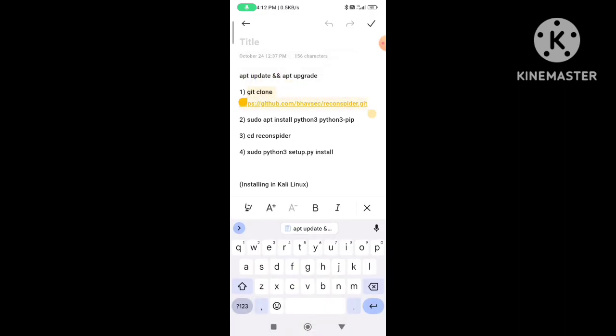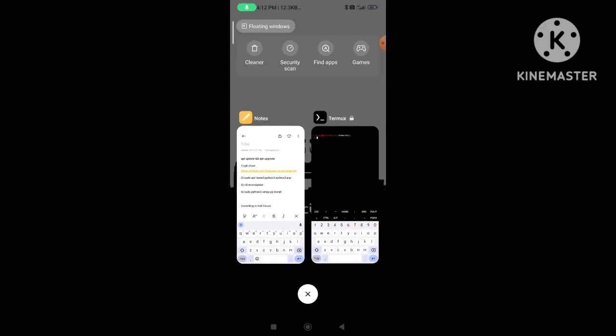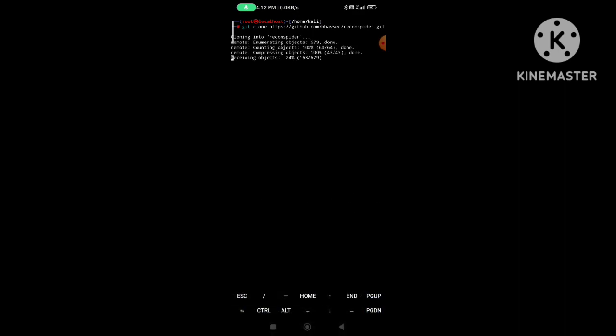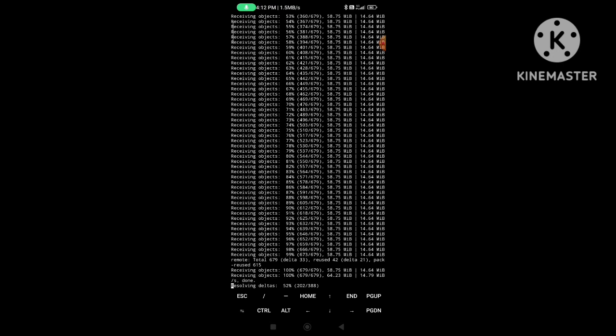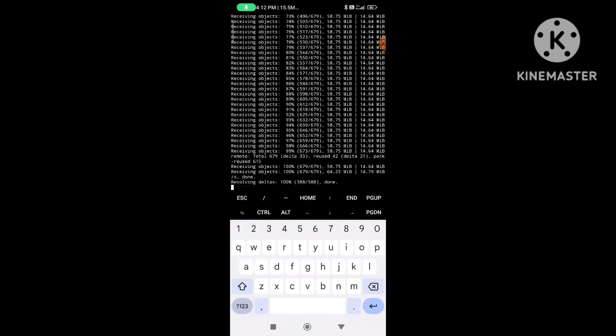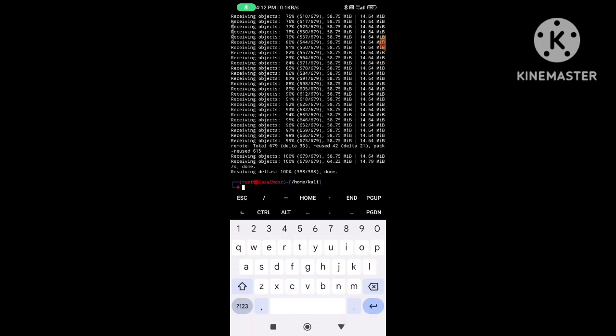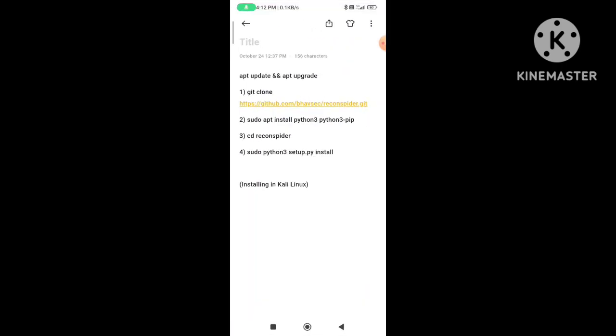Okay, copy it, clone it in your terminal, paste it and press enter. It will take some minutes. Okay. See guys, it started cloning. See guys, it's done. Okay, copy the second command,